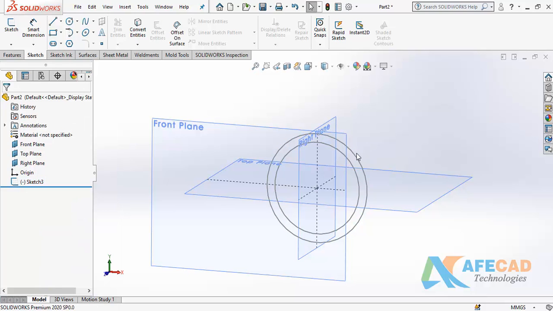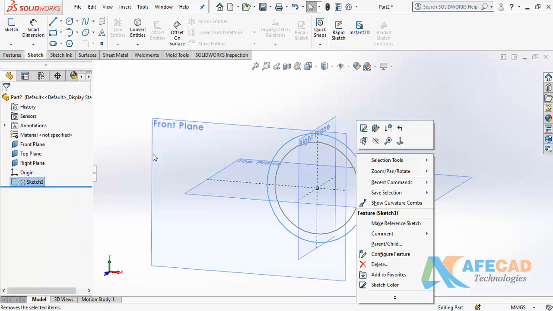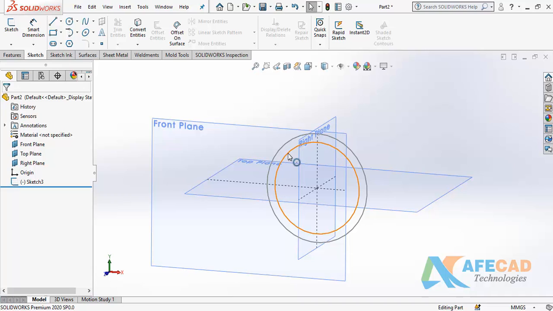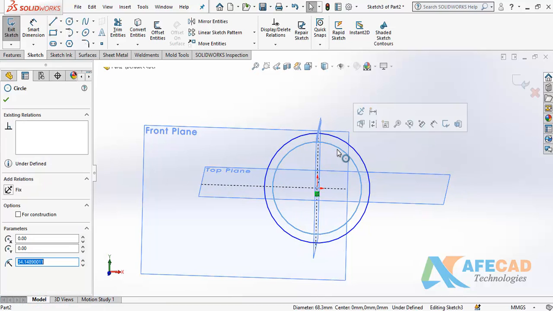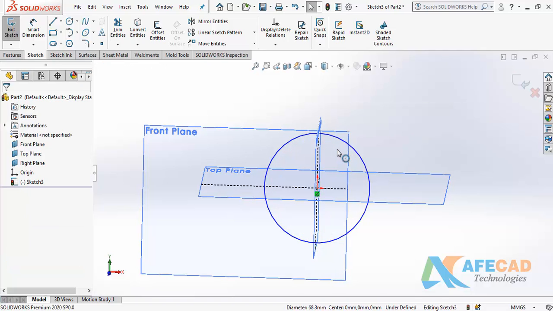Right click, delete. But I cannot delete only one circle from inside this way. I can right click, click on edit sketch, and in the sketcher, select, then delete. It means if you create something in the sketcher, you will delete it in the sketcher only.